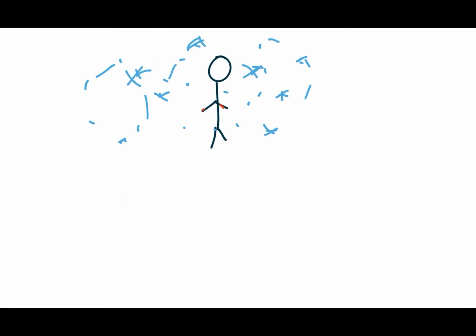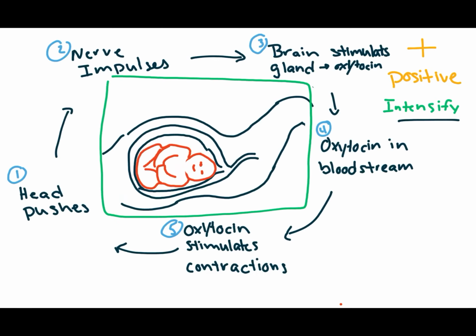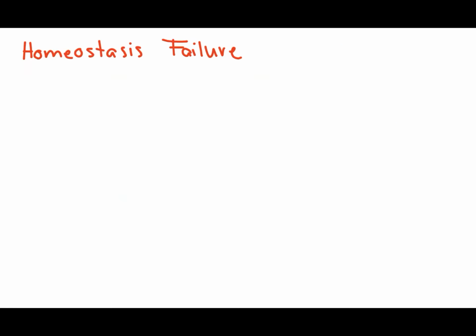Once back at the cervix, it starts to dilate in preparation for the birth, and stronger contractions occur. At this point, the cervix is no longer stimulated to send nerve responses to the brain, and the entire process stops once the baby is born. Homeostasis mechanisms work continuously to maintain stable conditions in your body. But sometimes these mechanisms fail. And when they do, it's called